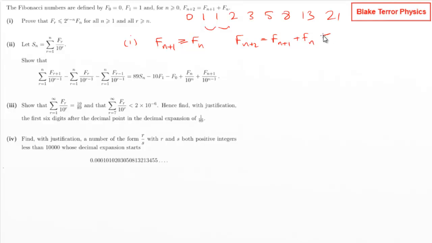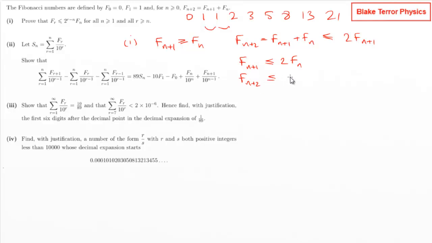So that must be less than or equal to 2 lots of F_(n+1). Right, okay, this has brought a 2 in. And we've got r's, we've got n's. Okay, so if I'm saying then that F_(n+1) is less than or equal to 2F_n,